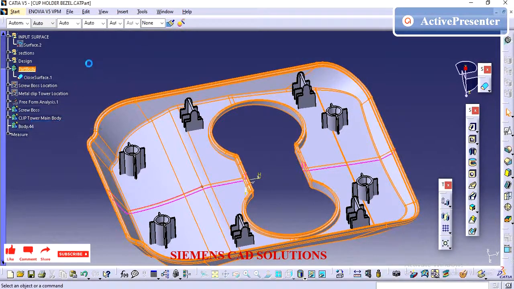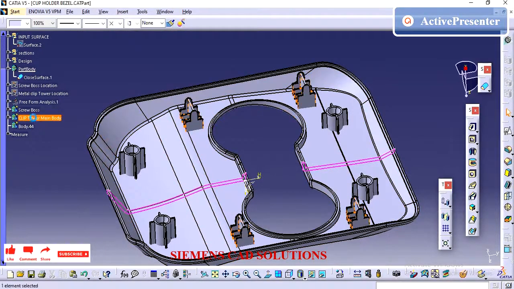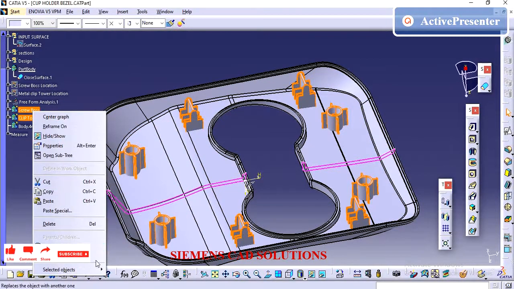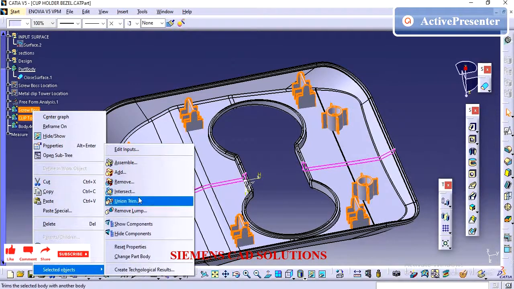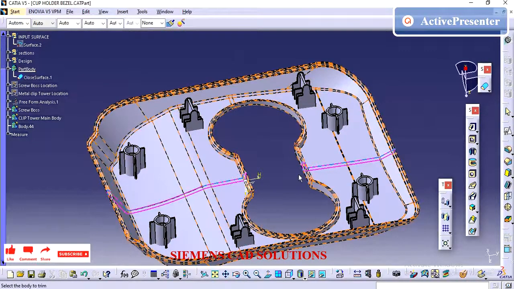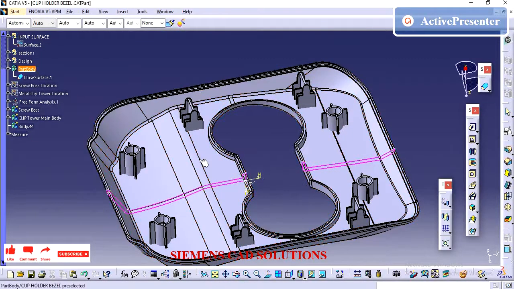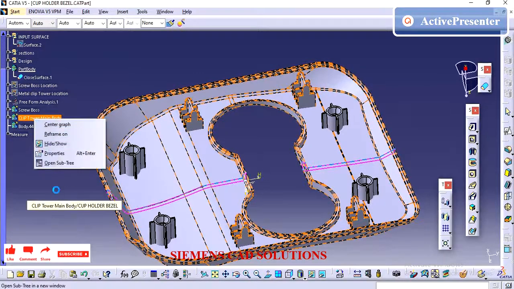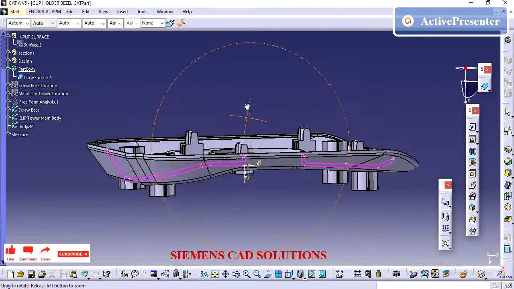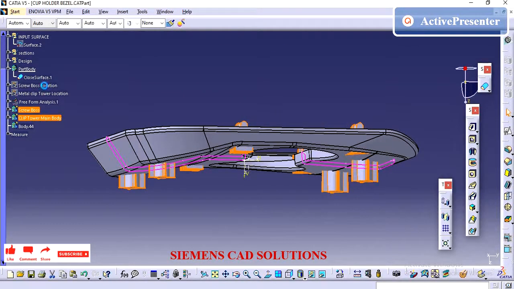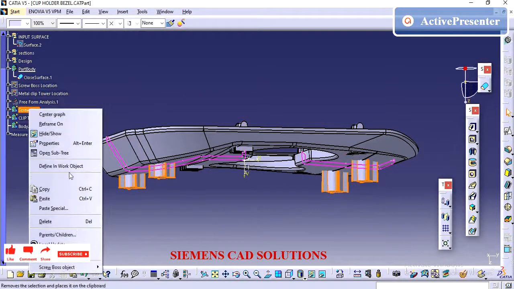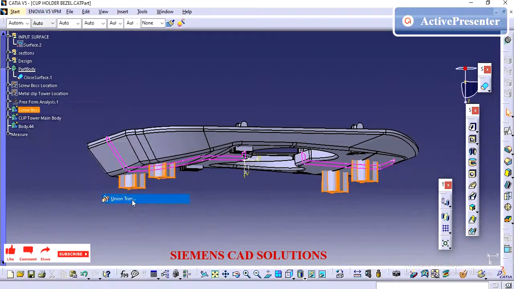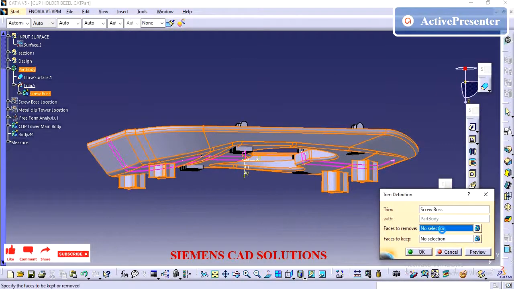I have added all of these. I am just going to trim these features in the main bezel body, and in the next video we will see the parting line creation for this part. We already created the tooling direction for the edge surface itself. We are going to follow the same tooling direction and create the parting line for this part.